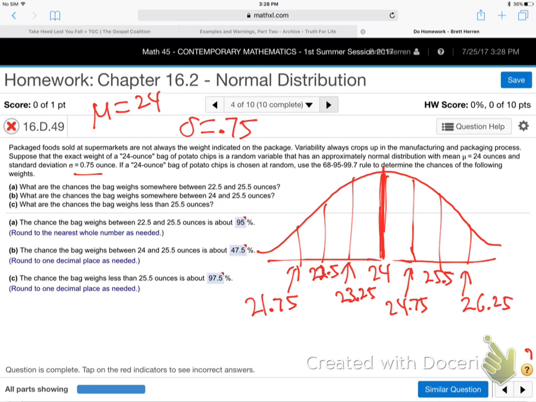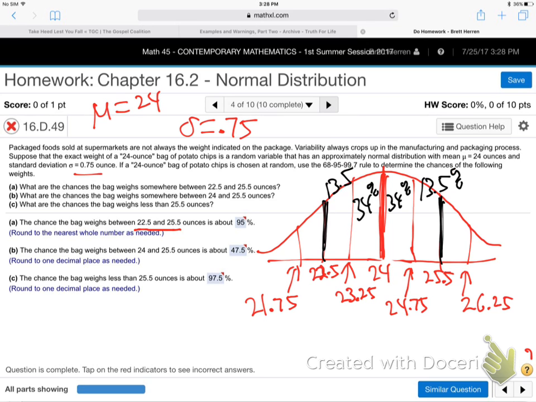So I just put the middle on there, 24, and I just added 0.75, 0.75, 0.75. I think that's right. And I subtracted 0.75, 0.75, 0.75, like that. All right, let's find the, and you know the percentages are the same every time. Let me take their question. The chance that a bag weighs between 22.5 and 25.5. So where is that? 22.5 here, 25.5 here. So remember the percentages? 34%, 34%,